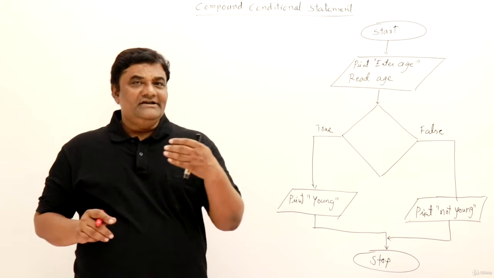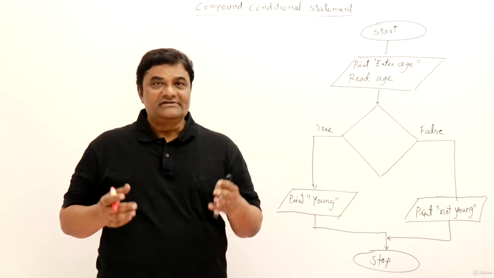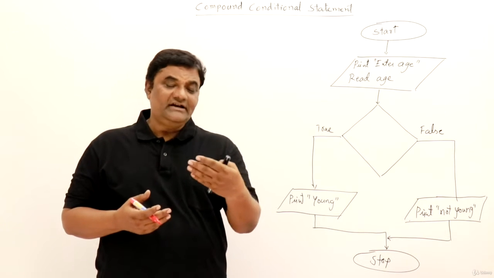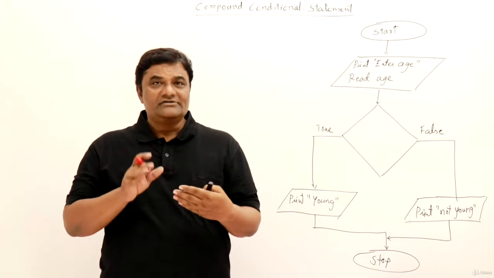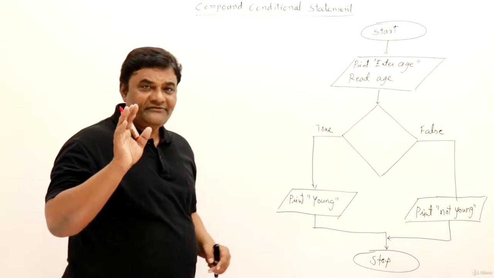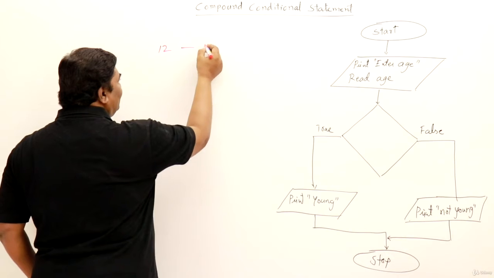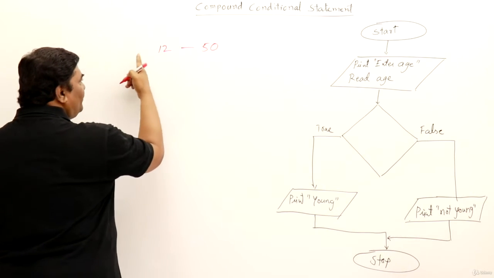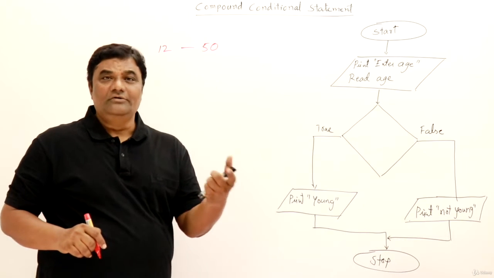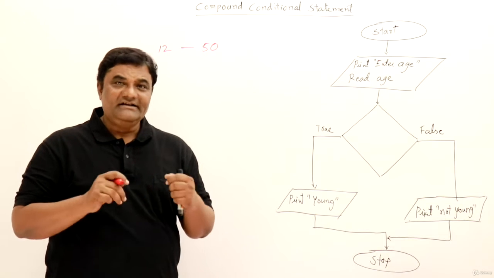Suppose I want to take the age of a person and find out whether he is young or not young. Suppose I am the program, then what is the input? I should know your age. Then looking at the age, I should say that you are young. So what is the condition? What age is young age? Let us say age from 12 starts at young age and the last is 50. So before 12 is a child, or more than 50, let us say he is an old person. Let us take this one. If you want to change these values, you can change them. I am taking the example like this.